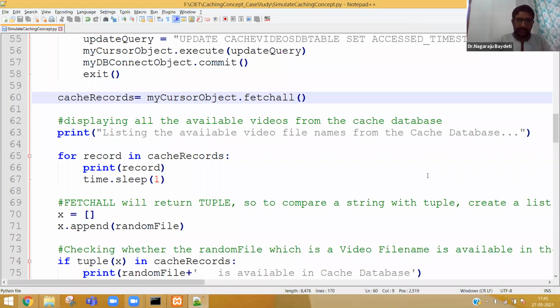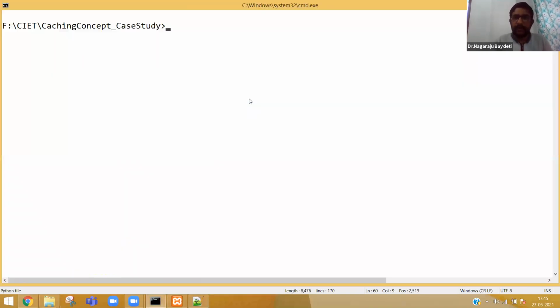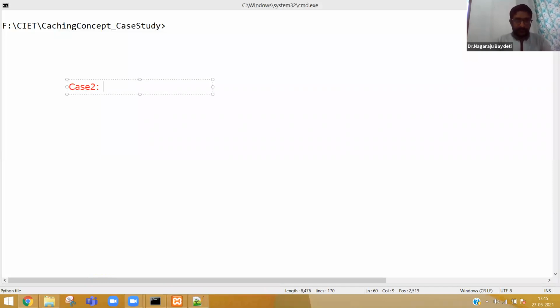Case 1 is when the cache is not full. Now, let me just write here, case 2, when the cache table is full and we found one record which has the least count. Then what to do? It's very simple.